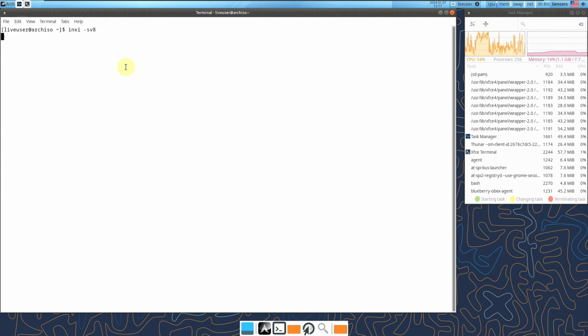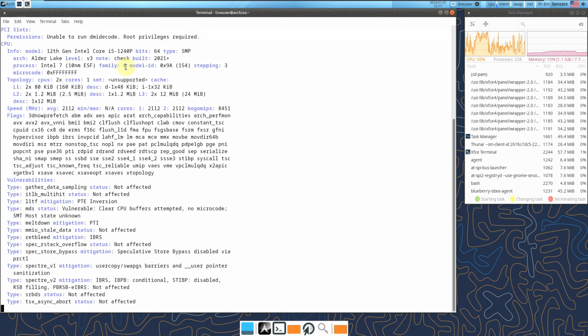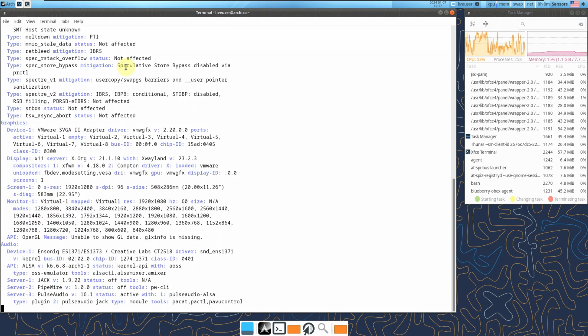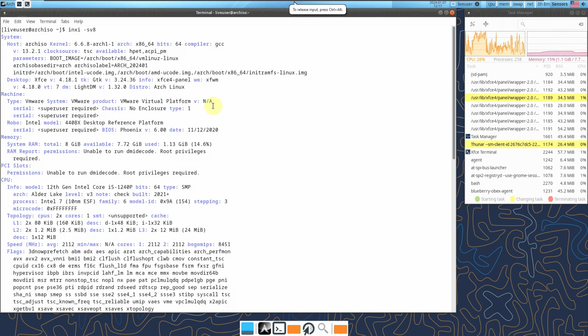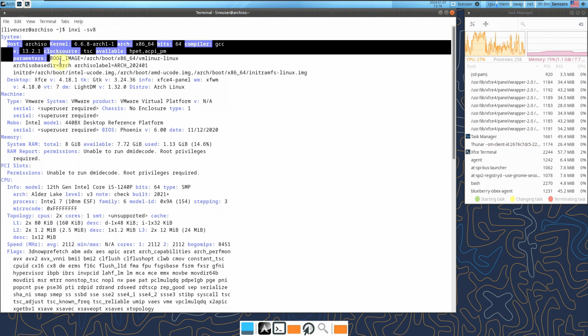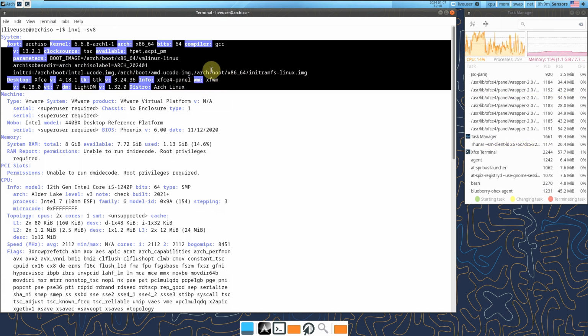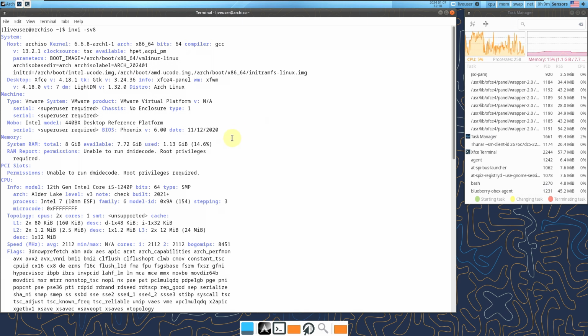So this is the command which will grab complete distro information. You get all the network, Bluetooth, audio, displays, all the information available in a single command. As you can see, here is all the information. I don't want to go through all these things because it's going to take a lengthy video,